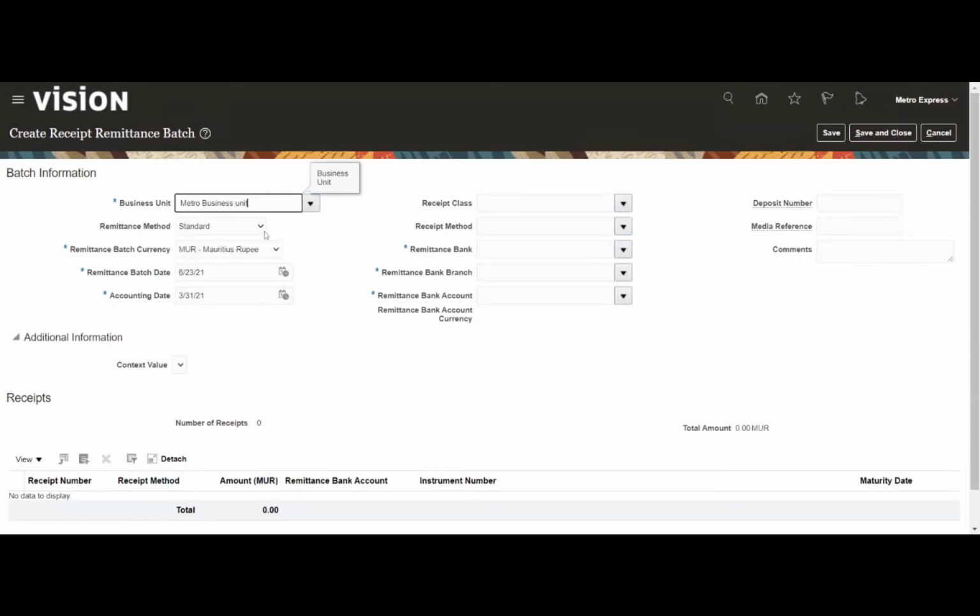Okay, so the remittance method that we opted for is standard, so I'm not changing it. And the dates and the other details are picked up automatically.